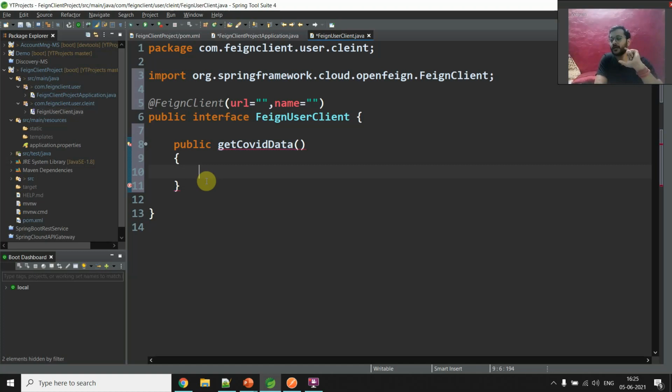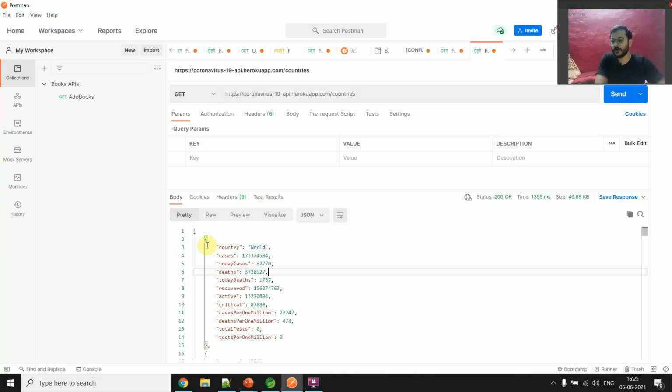So we need a particular model. Why do we need that particular model? Because if you have seen here, if we are going to consume this API, then we need to model the consumed output into that model, so that the object gets converted into JSON, right? Because Spring Boot automatically converts that object into JSON. Let me tell you what I'm trying to say here. So just copy this. I will not create it manually. Just copy this particular object.